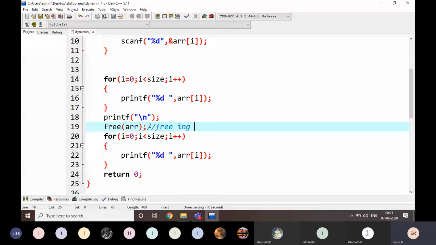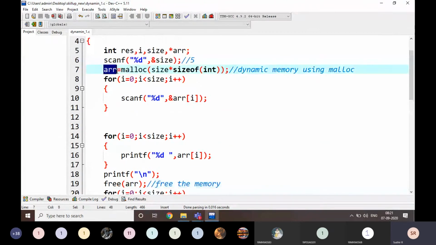Freeing the memory: free the memory which is allocated by dynamic memory allocation. Free of ARR. There is no other syntax at all, just free of ARR. That's it. Nothing else.